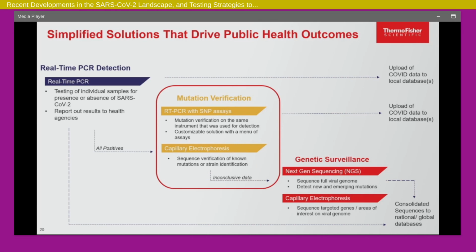This has been an interesting approach by a lot of the public health labs that have to do strain identification: first of all, to ramp up the number of surveillance on number of cases, and use your sequencing when you need it.